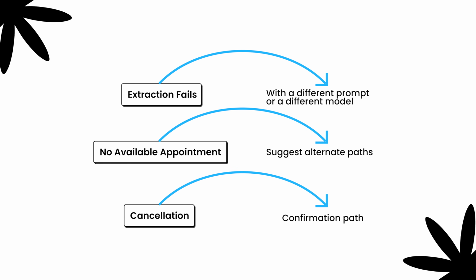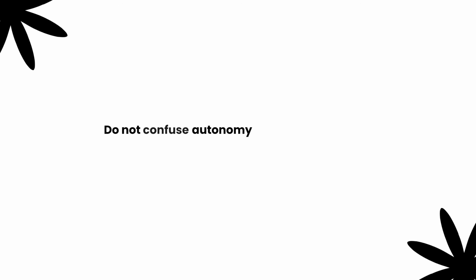For multi-agent AI systems, orchestration also includes agent-to-agent routing. You need to define which agent owns the next step, what information gets passed, what output format is expected, and how conflicts are resolved. Now, without this, multi-agent AI systems become extremely difficult to debug. The key point is this: do not confuse autonomy with lack of structure. Production agents need a very clear control flow.